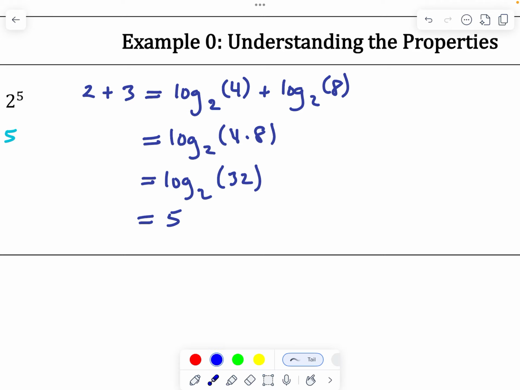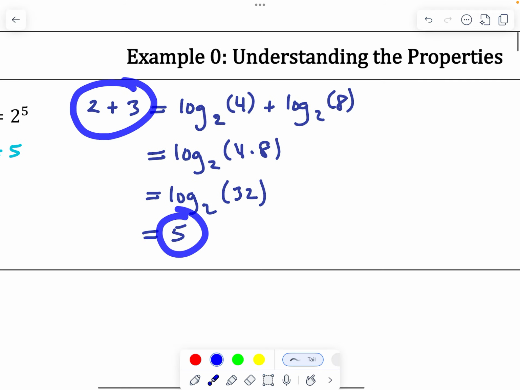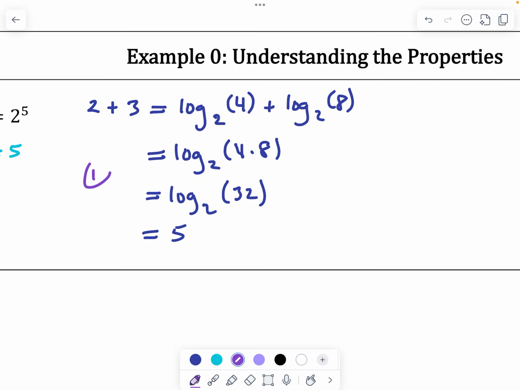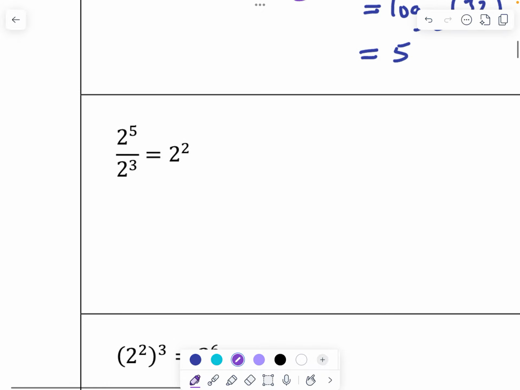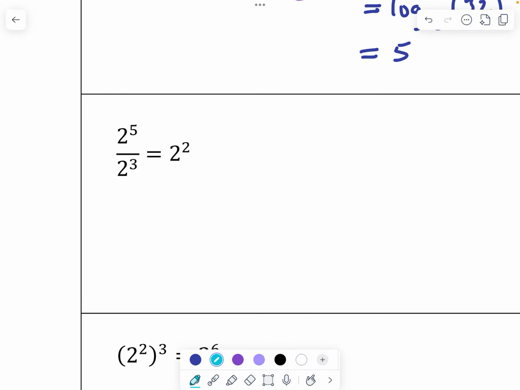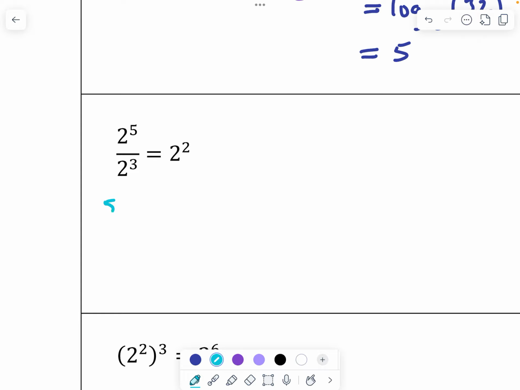And sure enough, 2 plus 3 equals 5. We just took the long way there using the first property of logarithms. This used the first property. All right. Here, similar situation, kind of the moral of this story right here is that 5 minus 3 equals